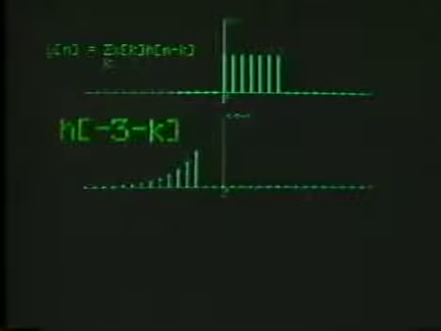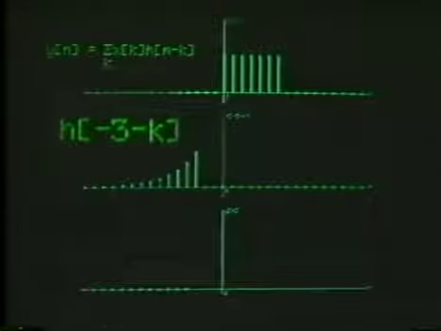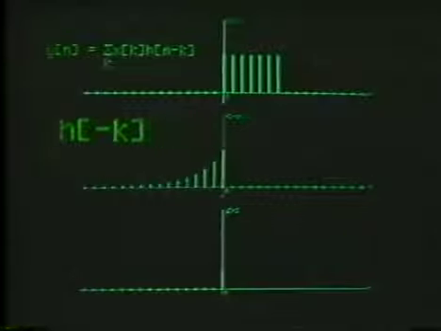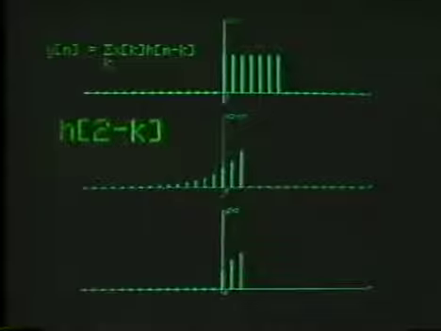Again, on the bottom trace, we'll show the result of the convolution as the impulse response slides along. At n equals 0, we get our first non-zero term. And as n increases past 0, we will begin to generate an output basically the same as the output that we generated with a step input,